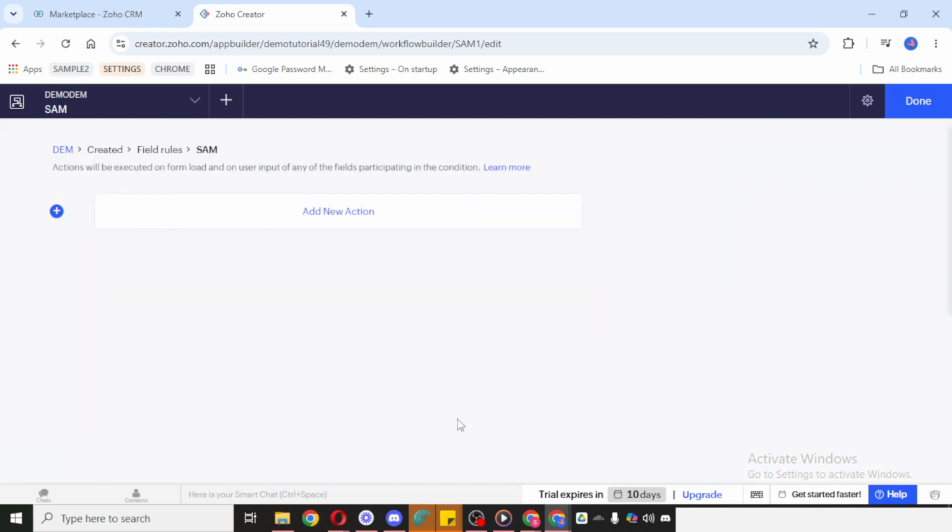It's also a good idea to test the form afterward, so you can confirm the show on user input behavior works smoothly. That's it for the setup process. You've now created the foundation needed to show something based on user input in Zoho Creator.